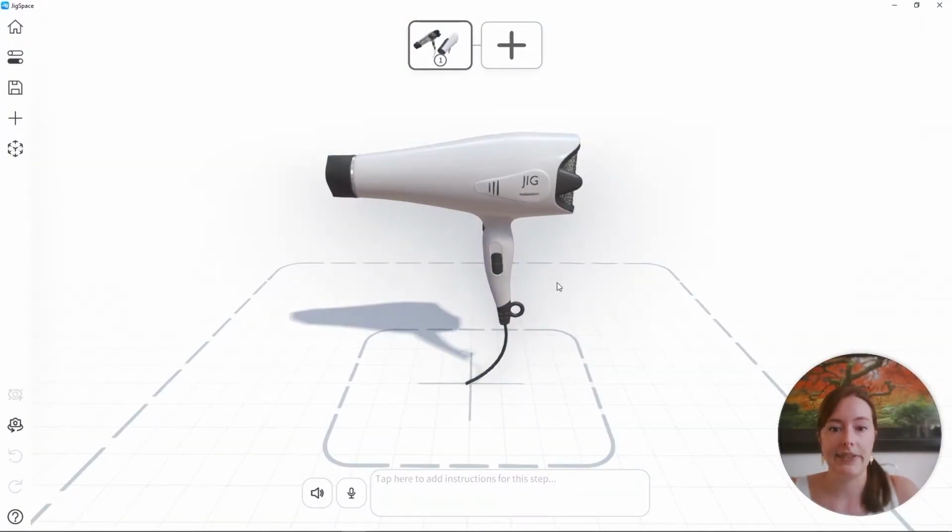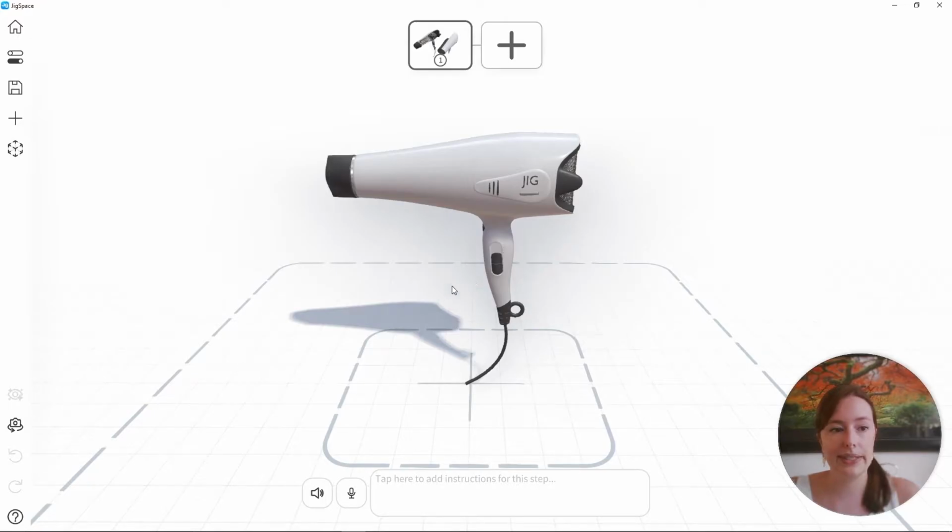Now at this stage of the jig creation process, with your model perfectly textured with colours and materials, it can be a great time for you to save this out as a base file for future projects. So this would allow you to be able to make multiples of similar jigs using this model with the exact same materials, which can be a great way of ensuring consistency amongst different projects.